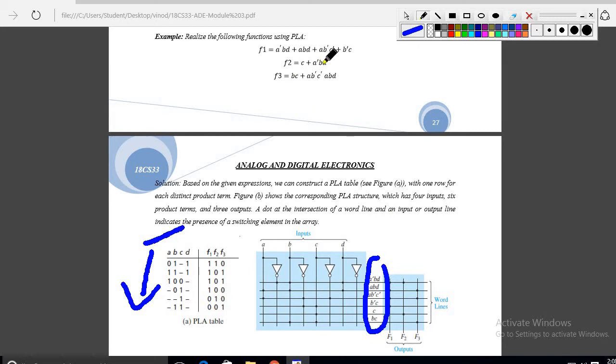So for F2 comes c plus a bar bd, that is 1, put all rest 0. So you have to first write the product terms here, then it will be much easier to identify. All the product terms that you have obtained, you have to write here first. After that, convert this input into binary, so 0 1 0, like that. If it is present, you write it. If it is not present, you put a dash. So F1, F2, F3, like that. F3 you also have to write. So in this way we have to write.